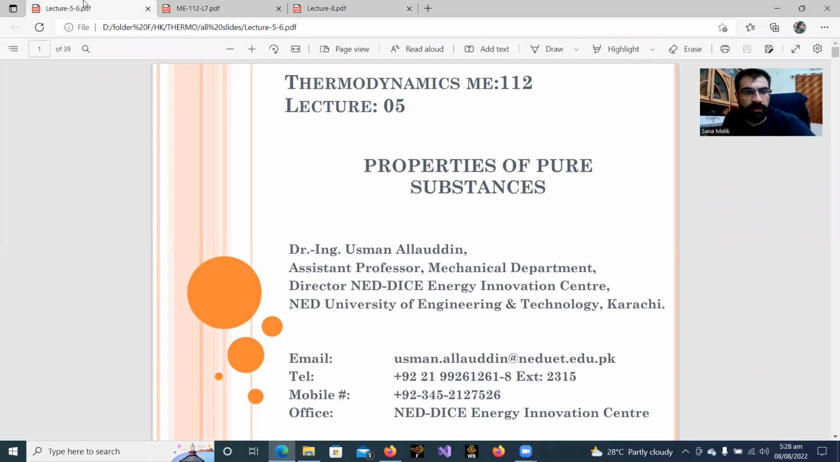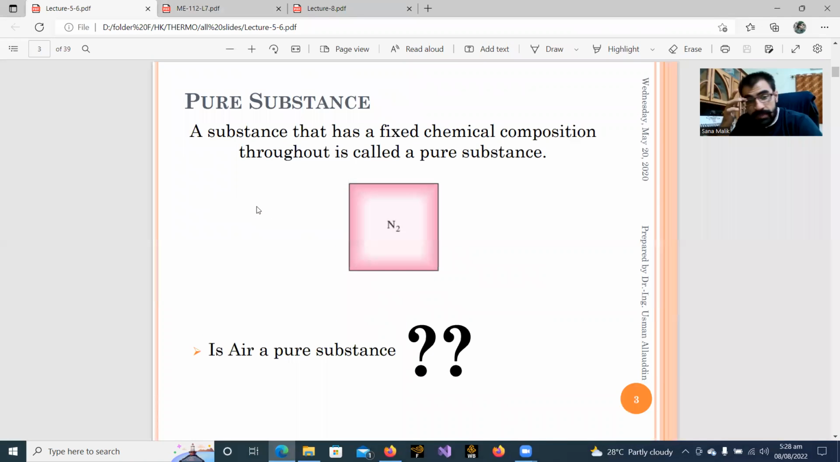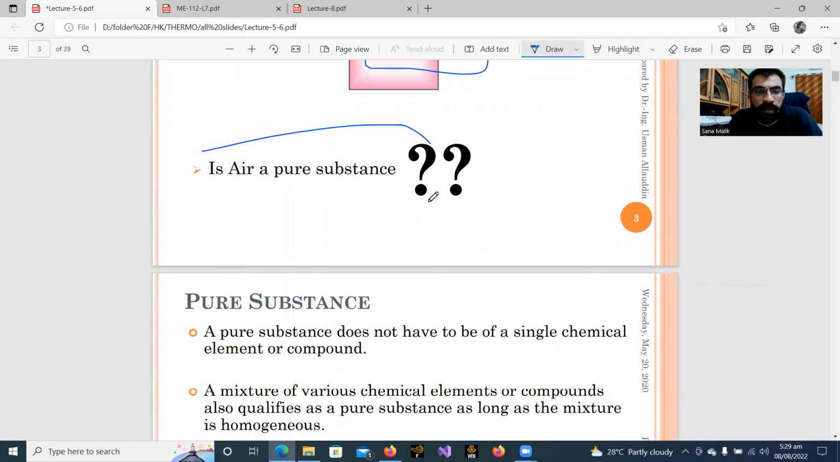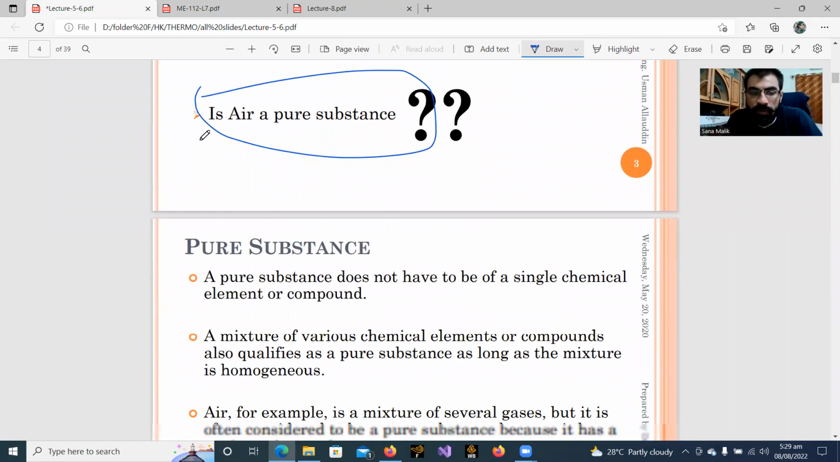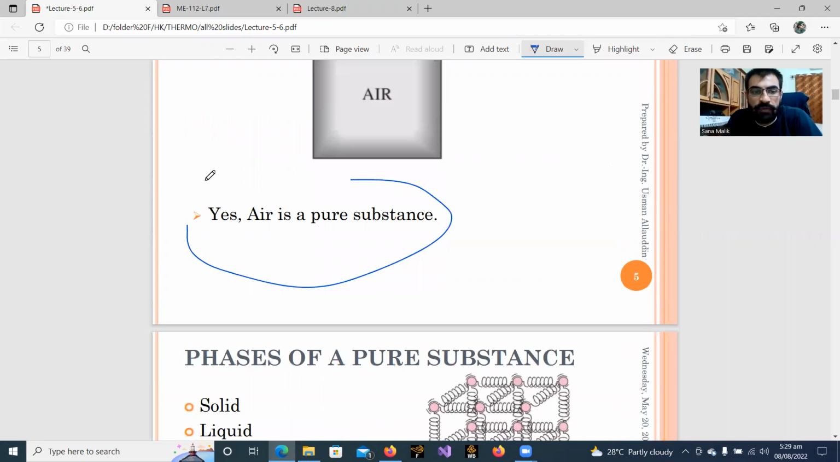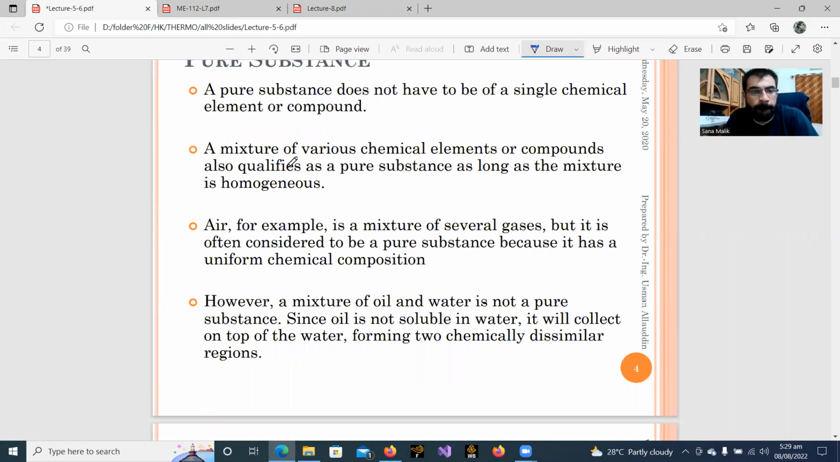लेक्चर 5, 6, 7, 8, ठीक है। तो ये बेसिकली प्योर सब्सटेंस के बारे में है। किसी भी सब्सटेंस की फिक्स केमिकल कंपोजिशन है, तो बेसिकली वो प्योर सब्सटेंस कहलाएगा। क्या एयर भी प्योर सब्सटेंस है? बिल्कुल एयर भी प्योर सब्सटेंस है, क्योंकि उसकी कंपोजिशन थ्रू आउट सिमिलर रहती है।